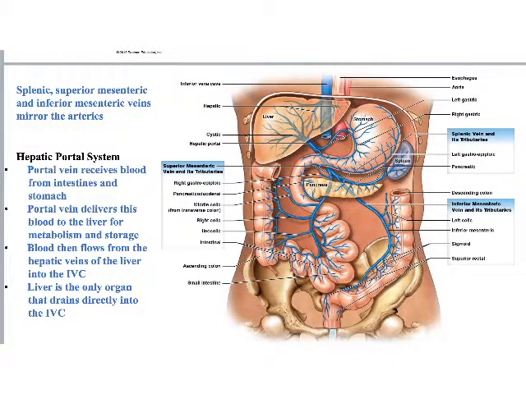And there's a reason for that, because the liver is really helpful in detoxifying blood. If there's any drugs that you've consumed or any toxins, going to the liver first is a protective measure, because the liver has the ability to remove some of those toxins or to neutralize some of those toxins. The liver is also a big storage organ, so if you have excess glucose, for example, it can be stored as glycogen in the liver. So delivering it to the liver first is helpful so that you can store some of those nutrients. And so for lots of reasons, it's helpful to go to the liver first,